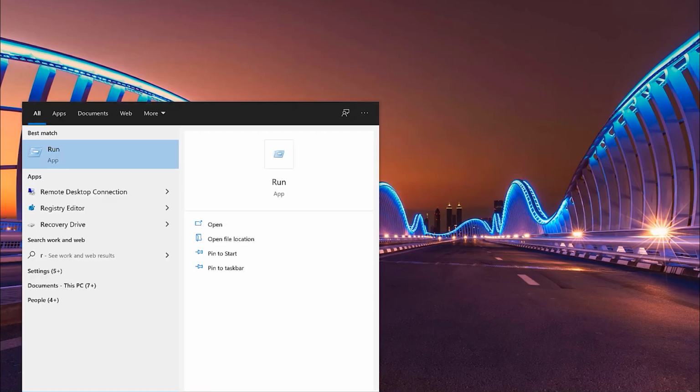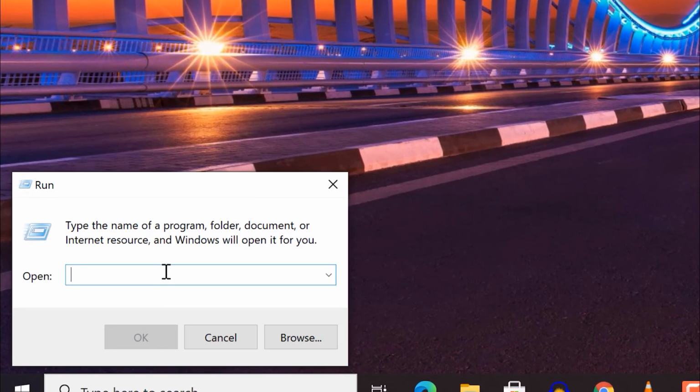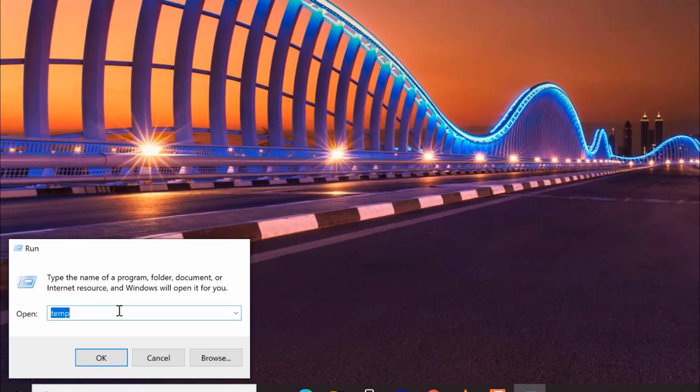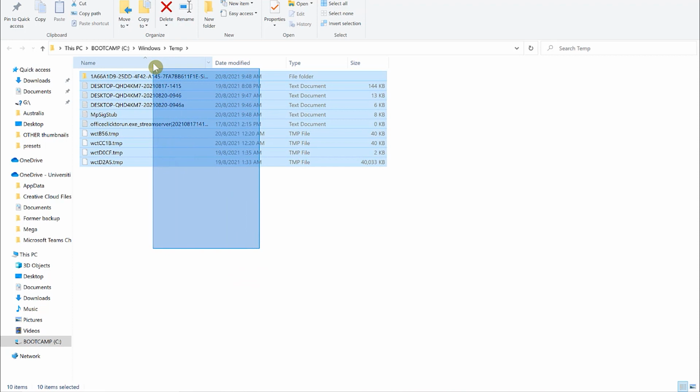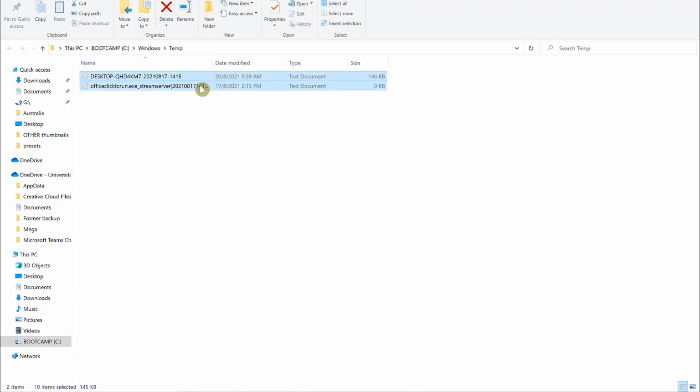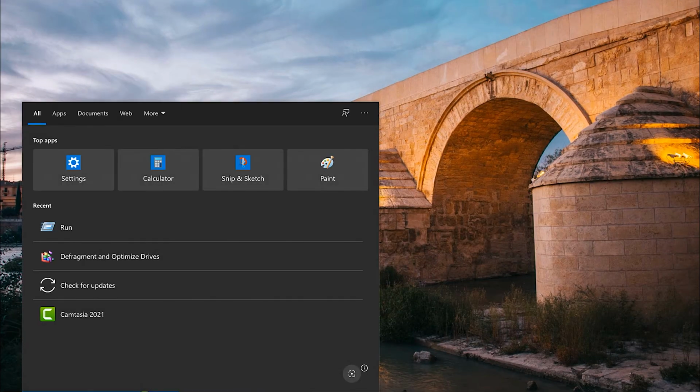You type run again and you click on temp this time around, ordinary temp, and it will bring in a bunch of other temporary files that you have. So you select all of them again and right click and delete all. Okay, the ones that are left are the ones that are still running on the system, so don't worry about it. Close it, you come back again, type run,